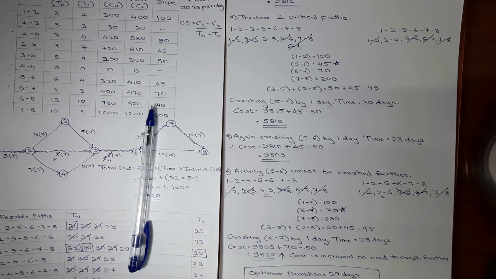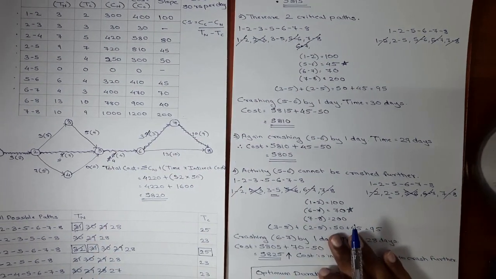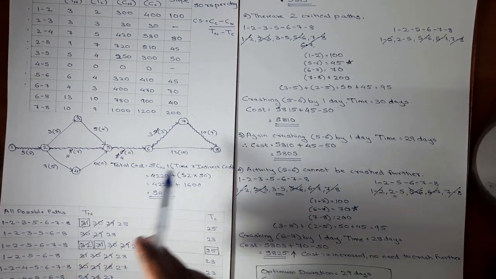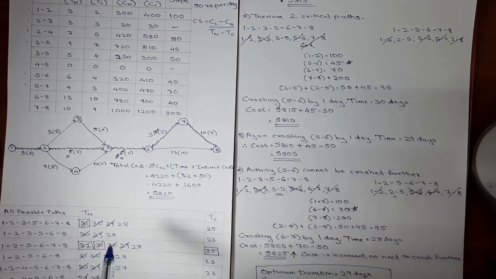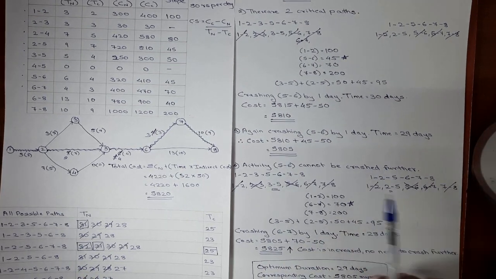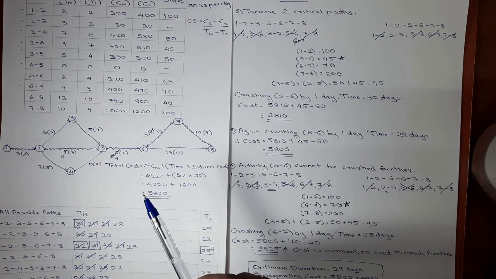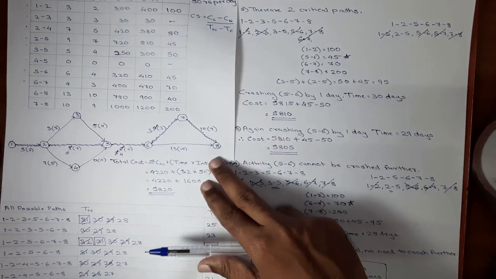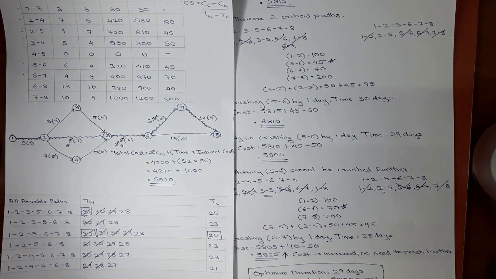Okay, so that's it for today, guys. This numerical was asked for 10 marks and it's quite simple. Here again the variation is done. They have given you a big network. More time was required in drawing the network diagram, finding the possible paths, but only in 4 steps of crashing we got the final answer. But you have to pay attention while drawing the network diagram. There shouldn't be any mistake, and finding out the possible paths. Finding out the possible paths in big networks is tricky because there are chances you might miss one of them.